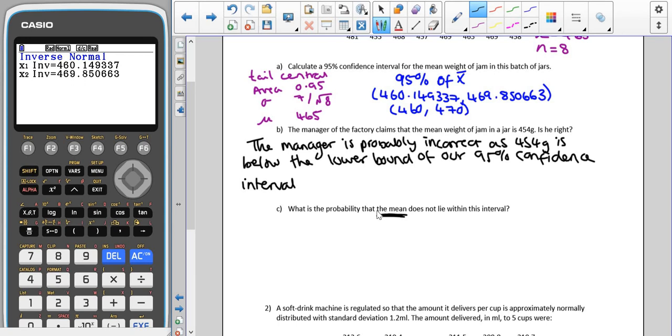Because we don't have a lot of information about our population, we cannot say whether it lies within our confidence interval or not. We can't say what probability it is that it doesn't. So if this was the mean of a sample, then the chance that it doesn't lie within it is just going to be 5%, because 95% of the means should lie within that confidence interval. But because we're talking about the actual mean of the population, we cannot